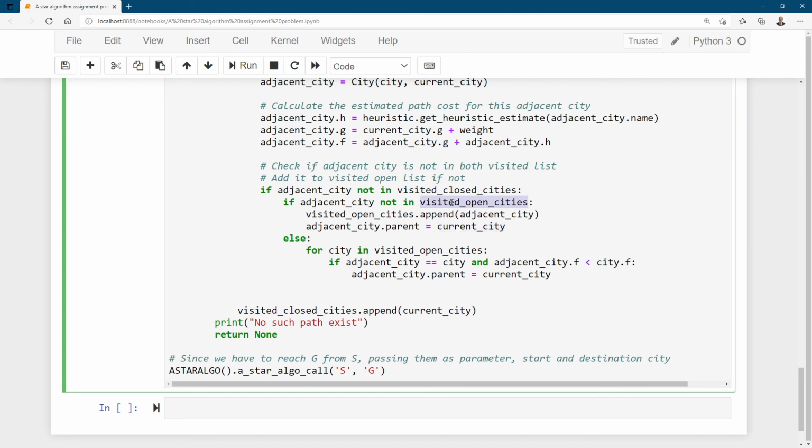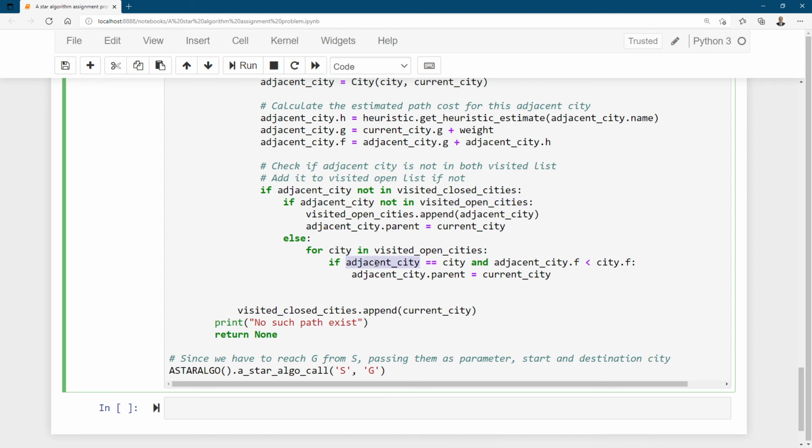If it is in open cities already, that means it has been encountered previously with another node, but we have not considered it since the estimated path cost for that adjacent city at that time may be greater. So now again we will check if it is greater or not.